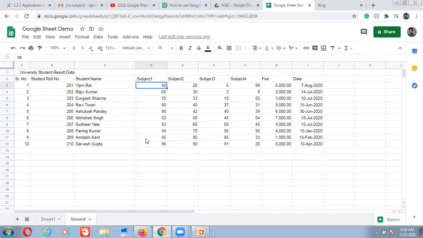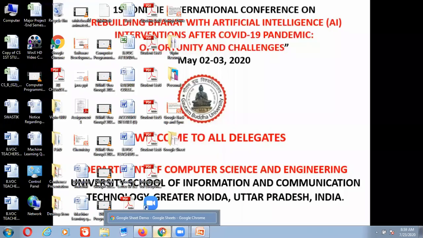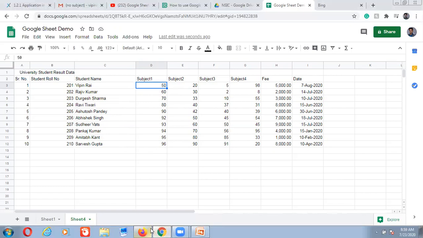So what we have to do, how to format it, and after formatting how it will look, I will show you one table that I have created. So for this,